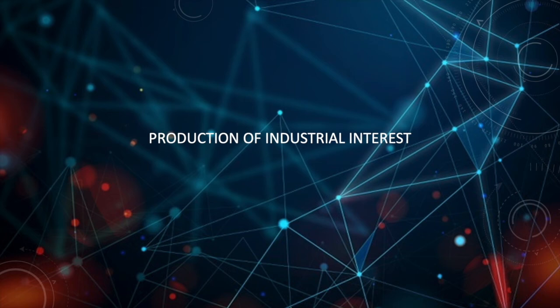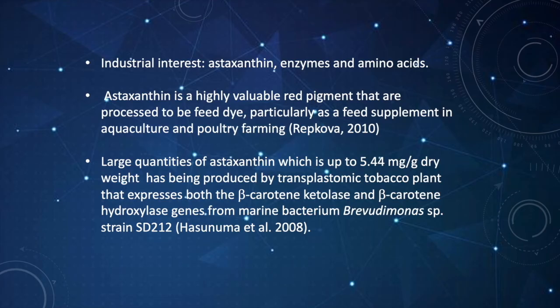Okay, and then finally is the production of industrial interest. Examples of industrial interest include astaxanthin, enzymes, and amino acids. Astaxanthin is a highly valuable red pigment that is processed to be a feed dye, particularly as a feed supplement in aquaculture and poultry farming. As a result of chloroplast transformation technology, large quantities of astaxanthin, up to 5.44